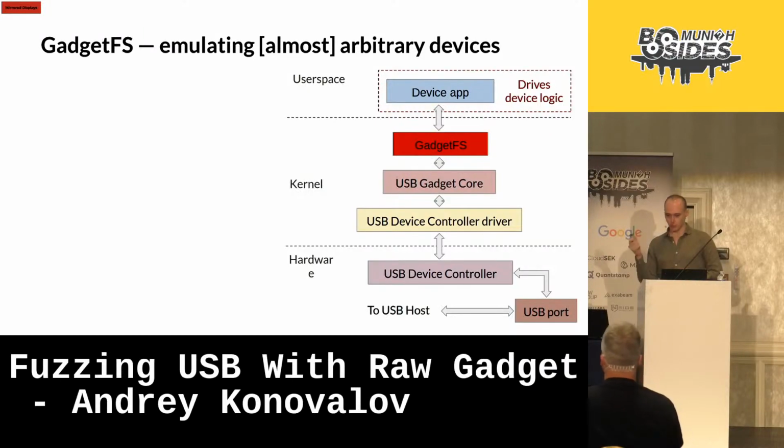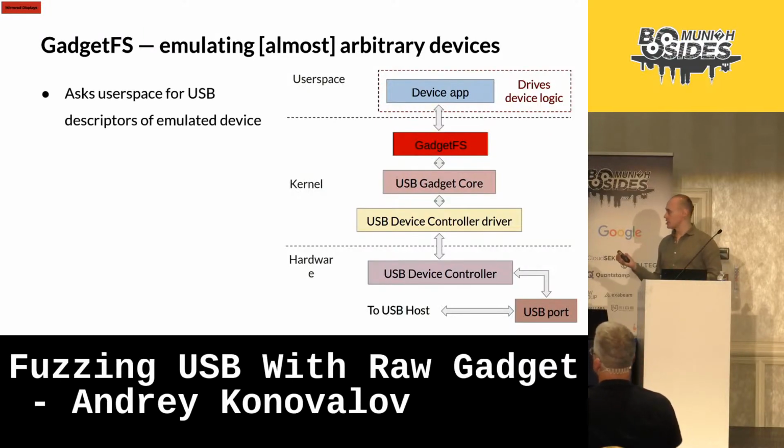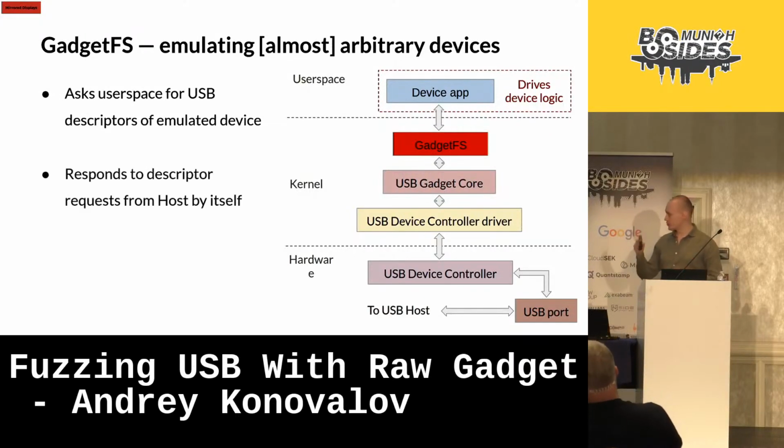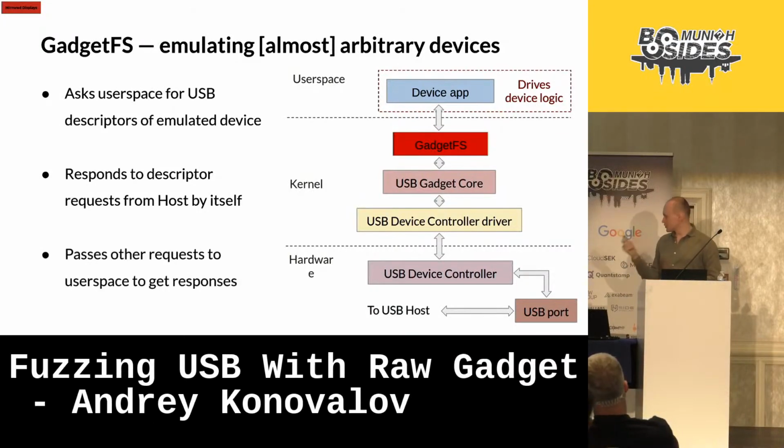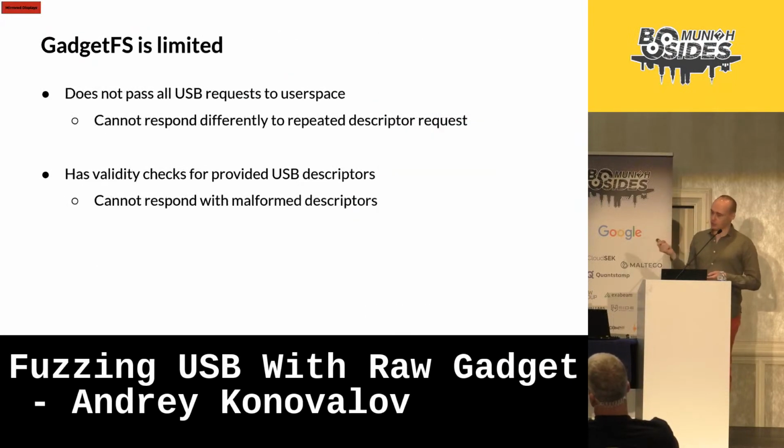So the way GadgetFS works is when it starts, it asks the user space application for the USB descriptors of the device it's going to emulate. And then whenever this gadget stack receives a USB descriptor request from the host, GadgetFS is going to respond to this request by itself without asking user space. If it receives other types of requests, it's going to pass them to user space and ask for a response and then give it back to the host. So there are two problems with GadgetFS. The first problem is that